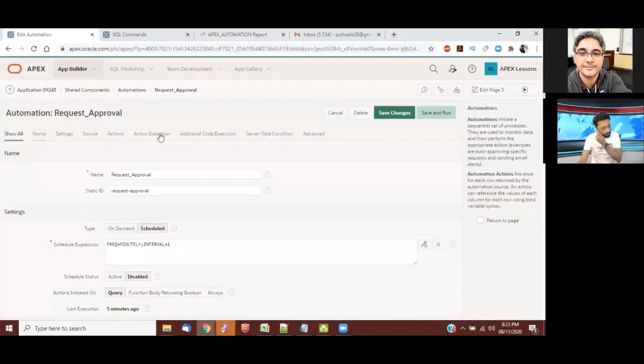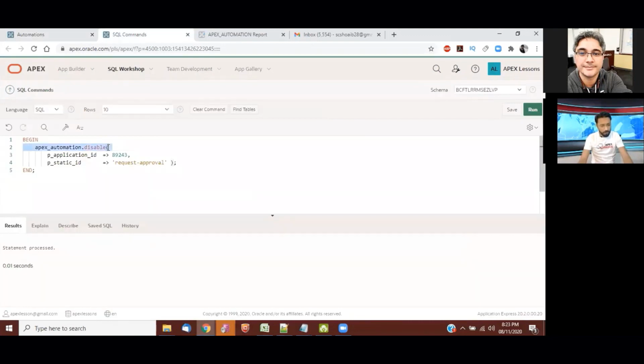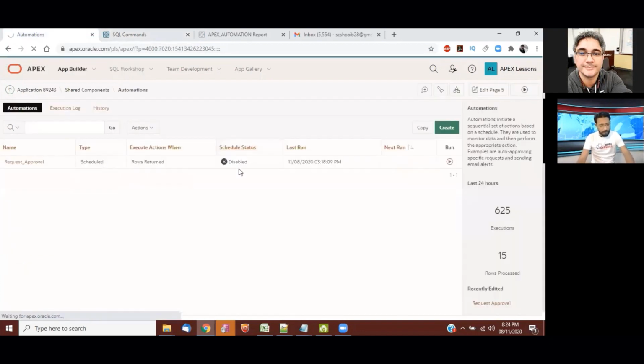And let me check the status of my process. It's disabled now. Again, I'm going to enable it. Let's check if it's enabled or disabled now.